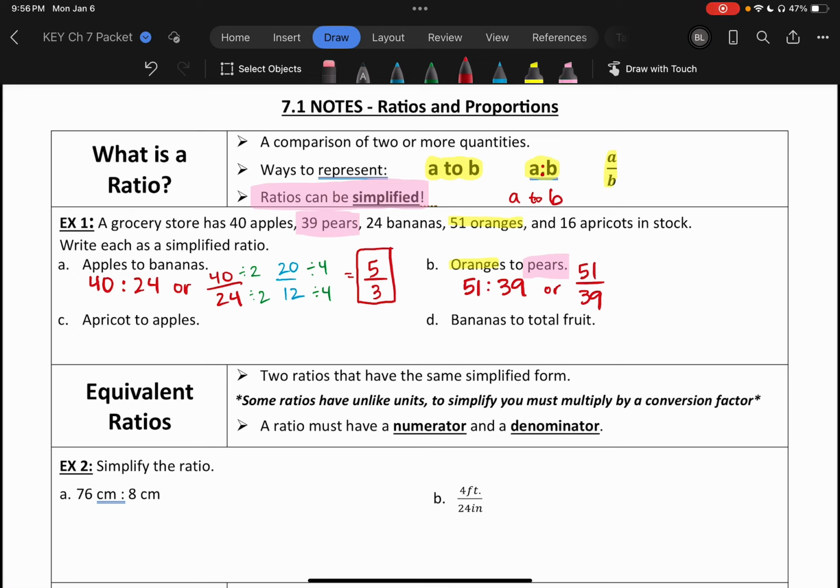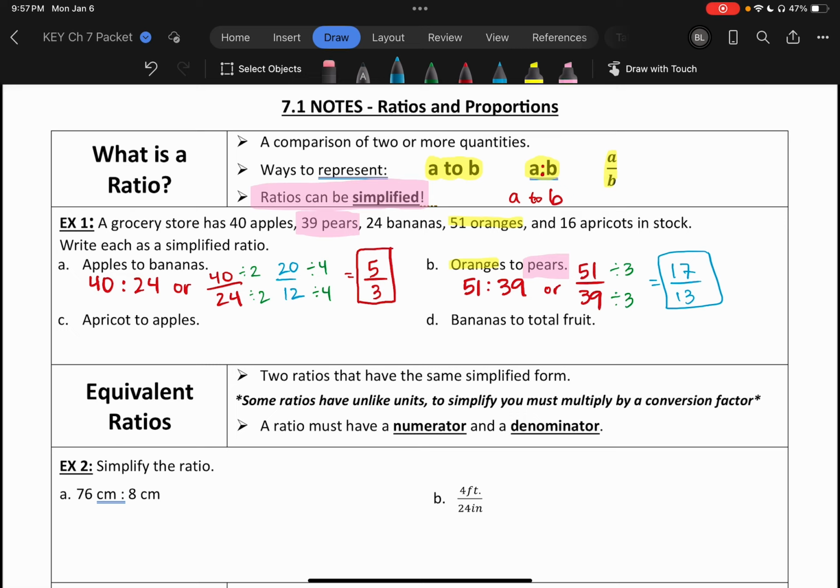And so what we would check for here now is, does this simplify, right? And this one isn't super obvious, but I know that I can divide the top and bottom by 3. If we divide the top by 3, 51 divided by 3 gives us 17. On the bottom, 39 divided by 3 gives me 13. So this ratio in simplest form, the ratio of oranges to pears, is 17 to 13, or 17 over 13,